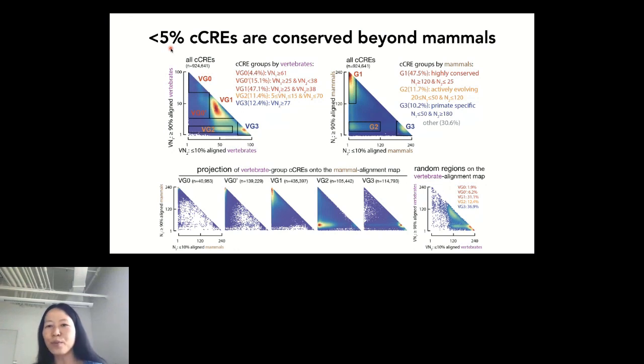So the conclusion is that most cCREs are only conserved among mammals, and very few are conserved beyond mammals. That's why when we have more mammalian genomes, we can take advantage of the information and study the evolutionary conservation of these cCREs to a greater detail. Okay,